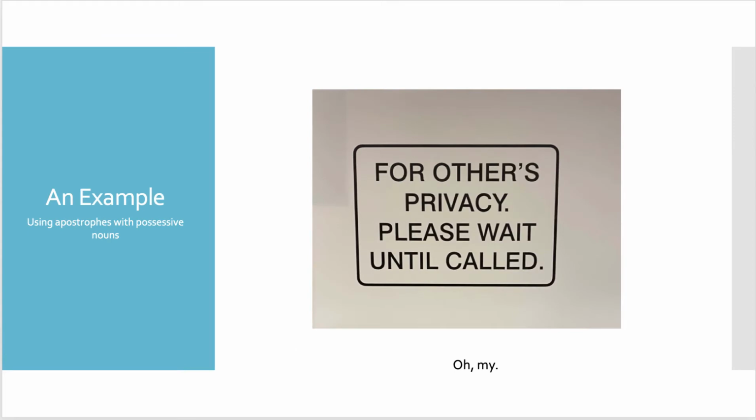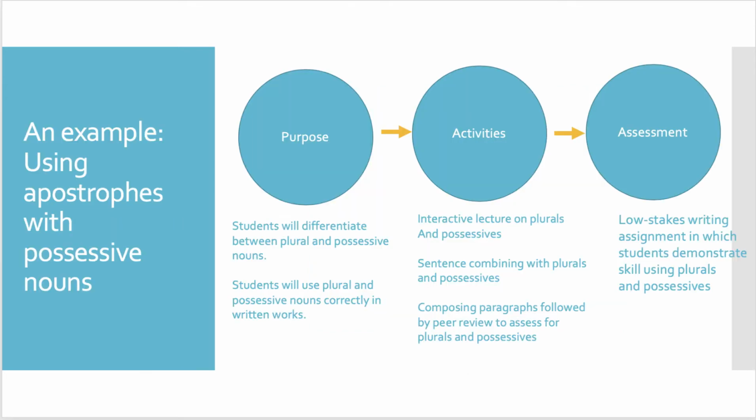For instance, let's look at an example of a lesson in which students should learn how to use apostrophes in possessive nouns. If the goal is for students to use apostrophes correctly in possessive nouns, then the activities would include students' practice using the apostrophes in possessive nouns. And the assessment would also involve students' composition of sentences or composition of paragraphs in which they would use apostrophes